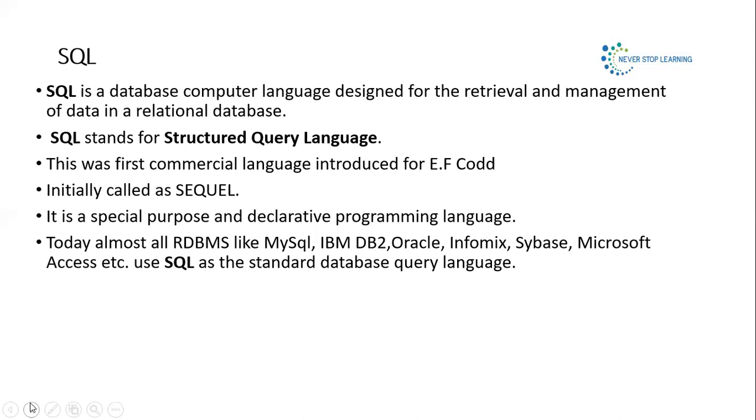Now, declarative programming languages are those languages where you have to tell the compiler what to do. You don't tell the compiler how to do it. Whereas procedural languages are those languages where step by step, each and everything you have to explain to the compiler, and then your compiler will do something. For example, let's take an example of C language. Now, C language is a procedural language. There we have to tell the compiler each and everything.